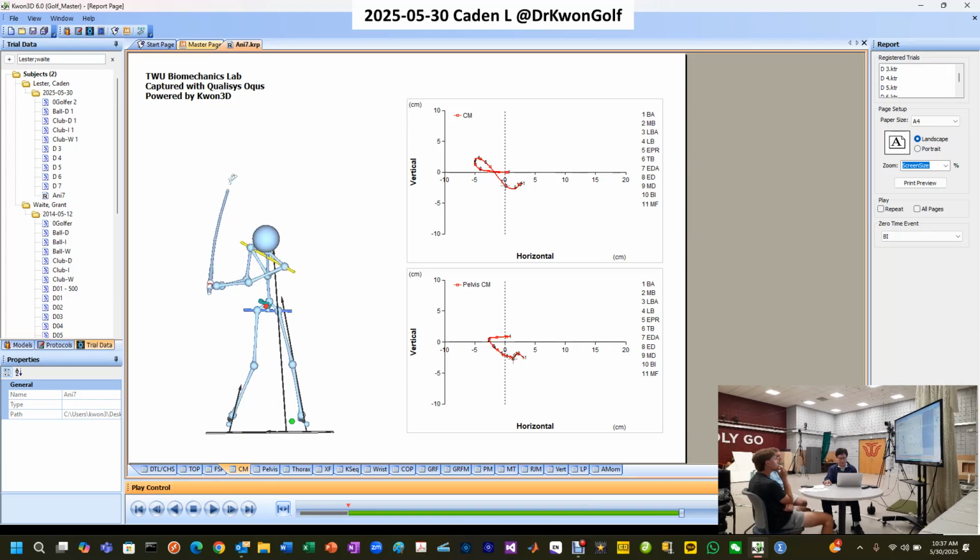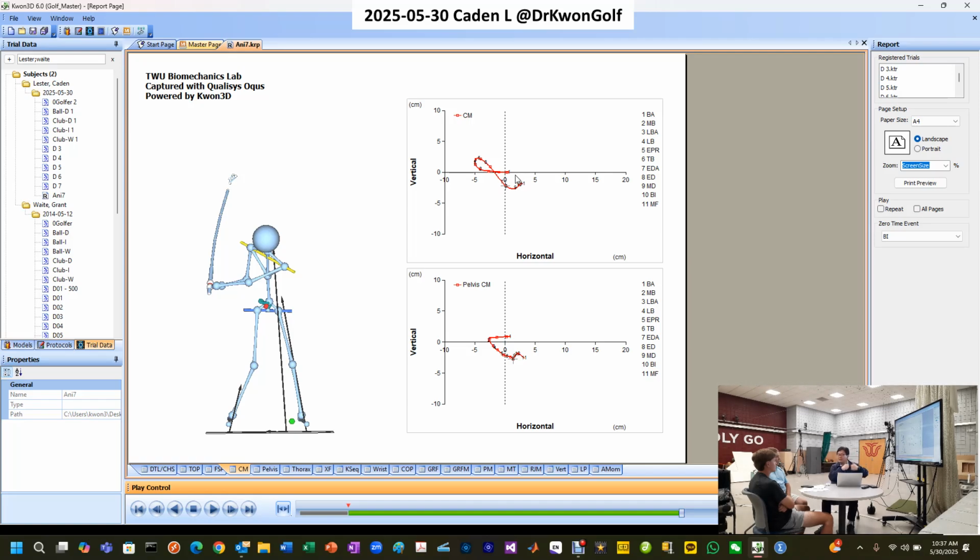Up to this point, this is okay. But from here, the center of mass has to move up, diagonally up here. So then your end position at impact should be somewhere right here. But it's way below the initial position. That means toward the impact and through the impact, your whole body center of mass is going down, collapsing, because you're just spinning around. Instead, you should be able to use the lead leg well and then push the ground and bring